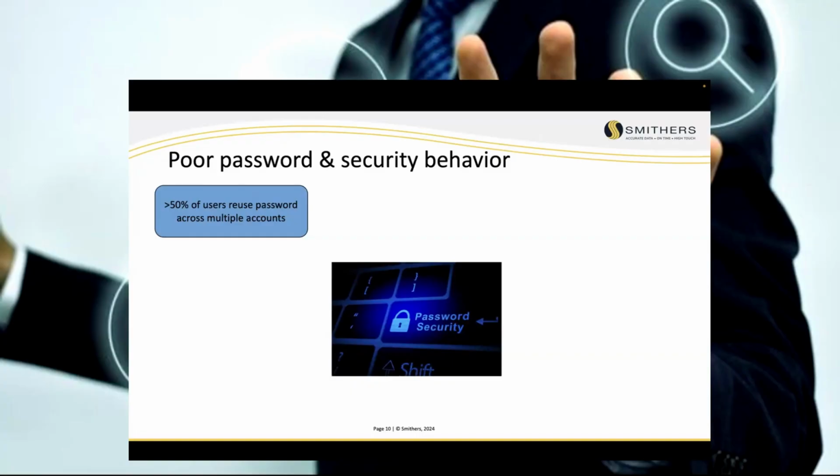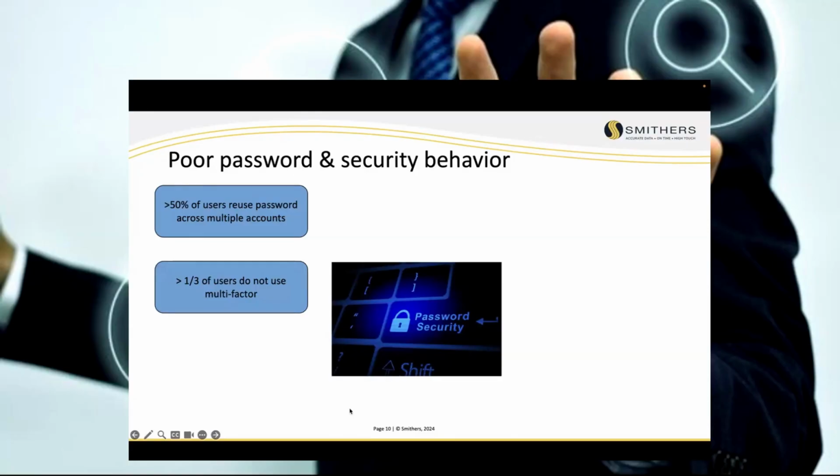The problem with that reuse of passwords across multiple accounts is that once that password and username combination has been compromised at least once, the hackers are smart. They know that more than half the people out there reuse the same username and password for everything. And so as a result, they start banging on that. They take those combinations of known usernames and passwords that have been breached, and they throw them against just about every system out there. About 1/3 of all users do not use multi-factor.